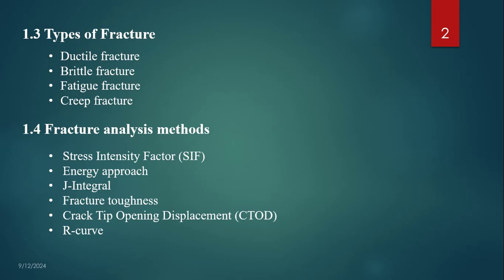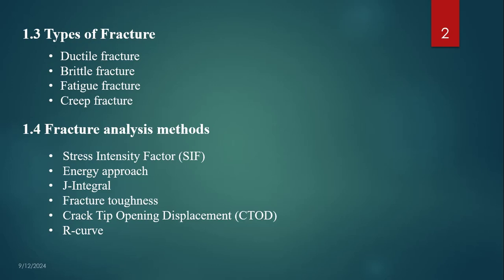Brittle fracture. This type of fracture occurs in materials that have little or no plastic deformation before fracturing. Brittle fracture is commonly observed in materials such as ceramics and glasses, which are relatively strong but do not undergo significant plastic deformation before fracturing. Brittle fracture is typically characterized by the formation of a crack that propagates rapidly through the material, leading to sudden